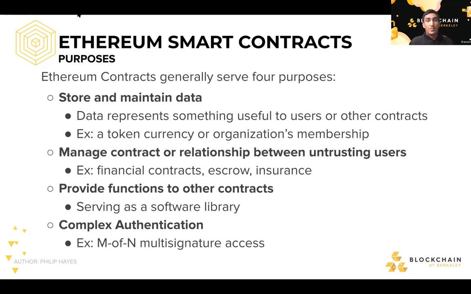A third thing is that you provide functions to other contracts. So contracts exist that are libraries. OpenZeppelin makes a safe math contract, just like you would import math in Python. OpenZeppelin has created a safe math that you can import and just use, and they've worked around all the security issues of these contracts. And then the fourth thing is complex